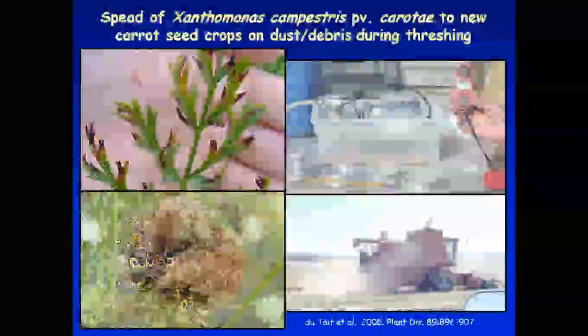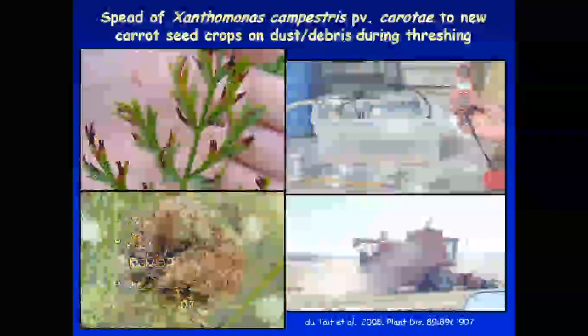So we did a study where we drove a pickup truck behind combines, at different distances downwind of these combines, with an air sampler that you put Petri plates in that Xanthomonas can grow on, kind of like the plate that Jody showed. And we could detect Xanthomonas in the aerosolized residue a mile downwind of a combine.